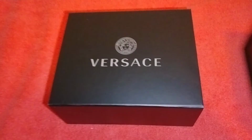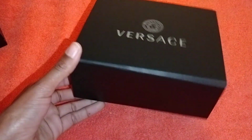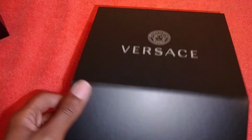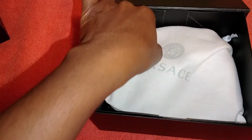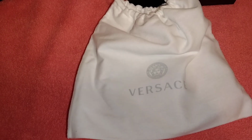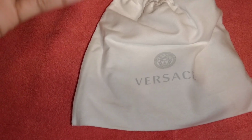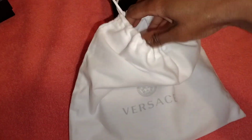It's almost the same. So I'm gonna pop that open. I love how it has the magnetic little flap, so it can always just close back. So open that up, and you can tell what it is from the shape of it. It comes in this little dust bag. Got the little dust bag right here. Everything I order is always straight off of the website. I got this from Versace.com, but I also get it from Saks Fifth Avenue, Nordstrom, Neiman Marcus, something like that. So just gonna open that up,